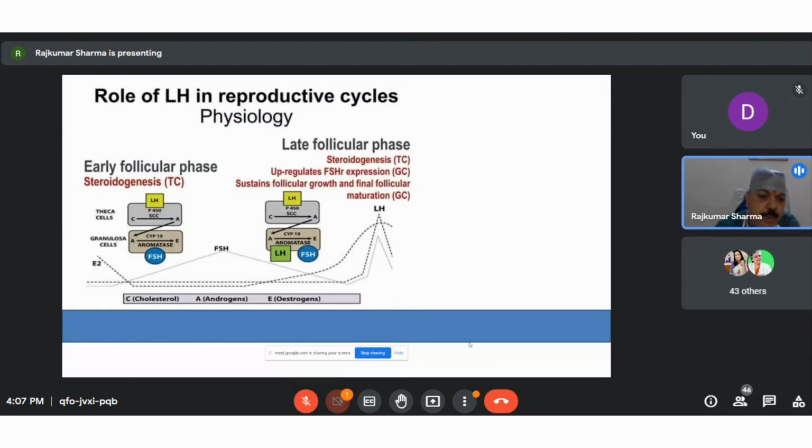We know about the two-cell, two-hormone theory. There are theca cells and granulosa cells, which are separated by a small membrane. As a result, there is no direct vascular connection with the granulosa cells. Whatever has to go from the theca cells to the granulosa cells goes by osmosis, by the concentration gradient. Now the theca cells have, in the early phases, the LH receptors, and the granulosa cells have the FSH receptors. The LH, which is being secreted